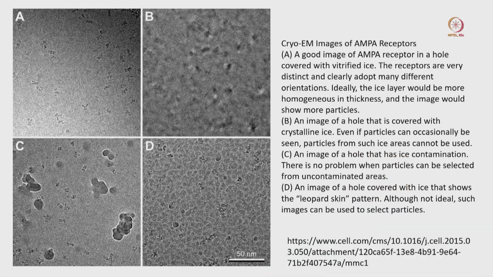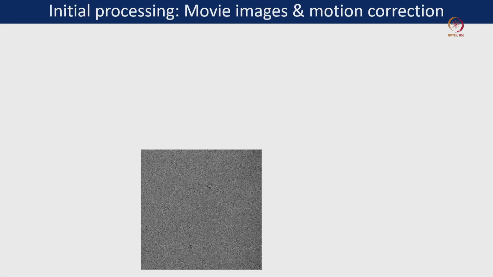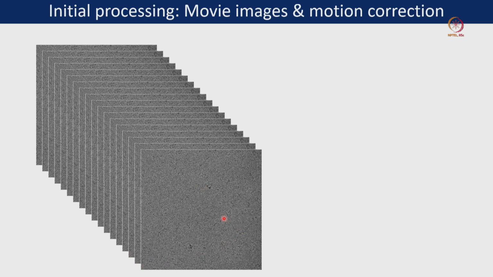So, now if you look at this particular image where we have an image here. So, this is our first frame. If you look at this, this is our first frame where there is some black patterns, we can see it in some places, and very small dots, and now we are collecting multiple frames.